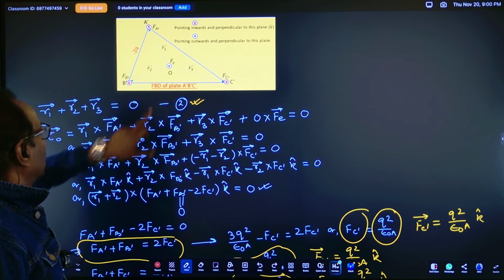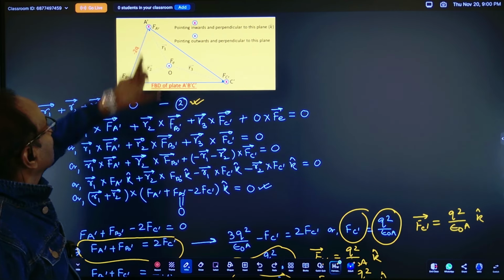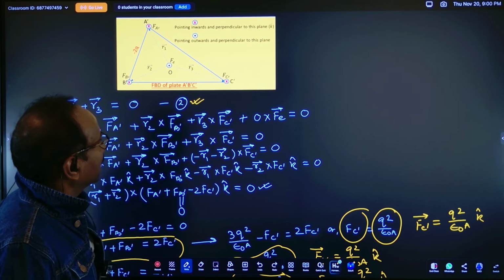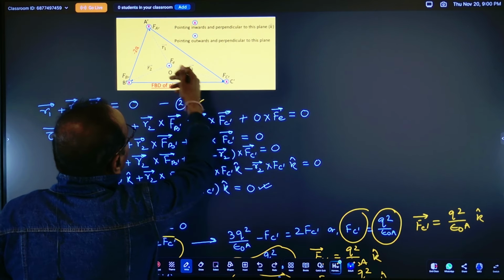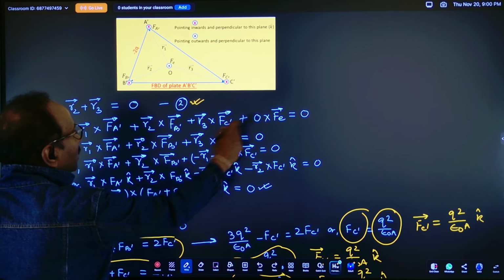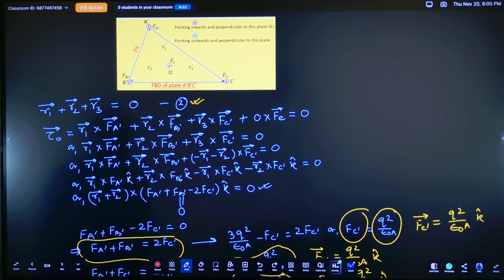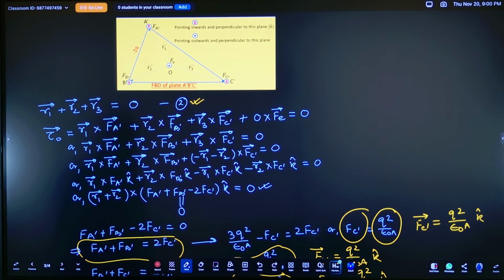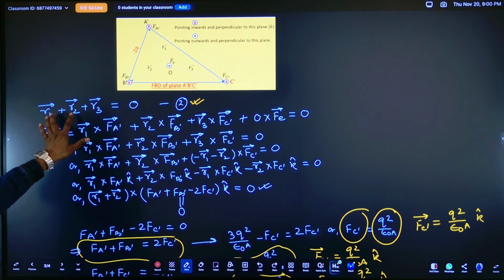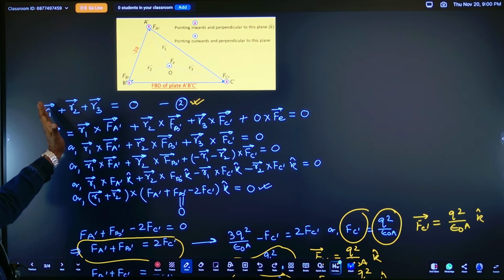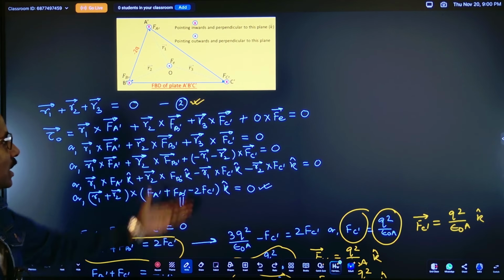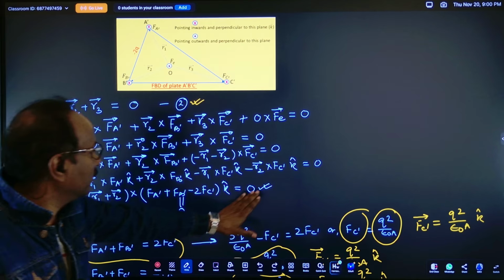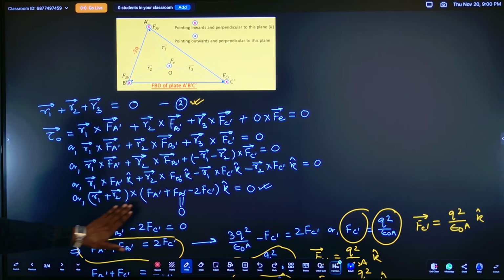O के अबाउट जब टॉर्क ले रहे हैं तो आपके लिए क्या हो जाएगा, R1 क्रॉस F_A प्राइम, R2 क्रॉस F_B प्राइम, R3 क्रॉस F_C प्राइम प्लस 0 इंटू F_E। 0 क्यों, क्योंकि मोमेंट आर्म 0 है, इसी पॉइंट के अबाउट ले रहे हैं, उसी O पॉइंट के अबाउट ले रहे हैं, F_E O पॉइंट के थ्रू काम कर रहा है। अब इसमें मैंने R3 को रिप्लेस कर दिया, माइनस R1 माइनस R2 रख दिया। इसको सिंप्लीफाई किया तो मुझे ये इक्वेशन आ गई, R1 प्लस R2 इंटू दिस।